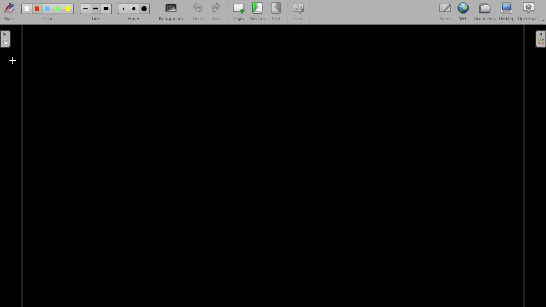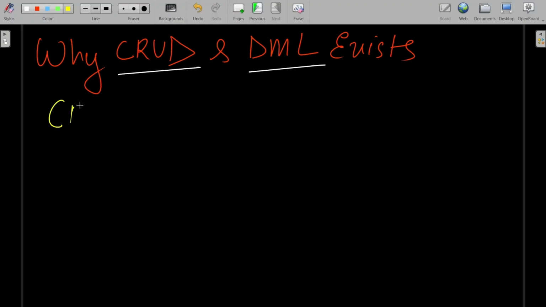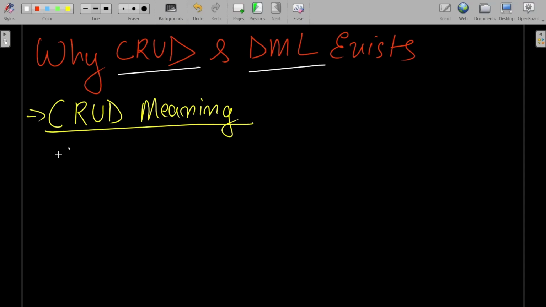So first, let's try to understand why CRUD and DML exist. Okay, so what are these two terminologies, CRUD and DML? Fine. So first, let's begin with CRUD. It has a full form, a meaning. The meaning of CRUD is basically